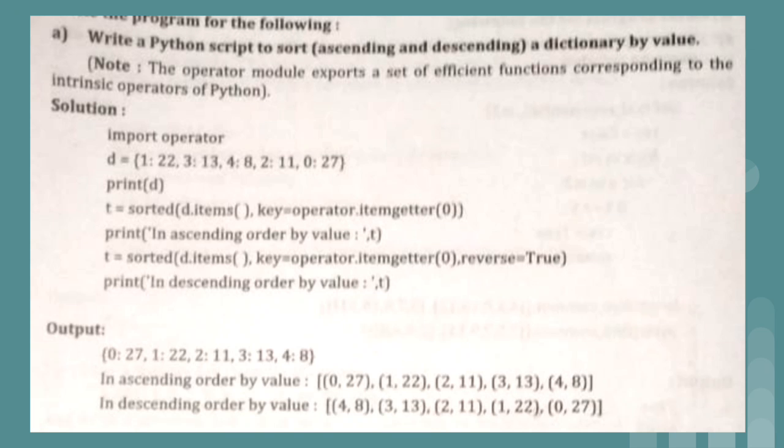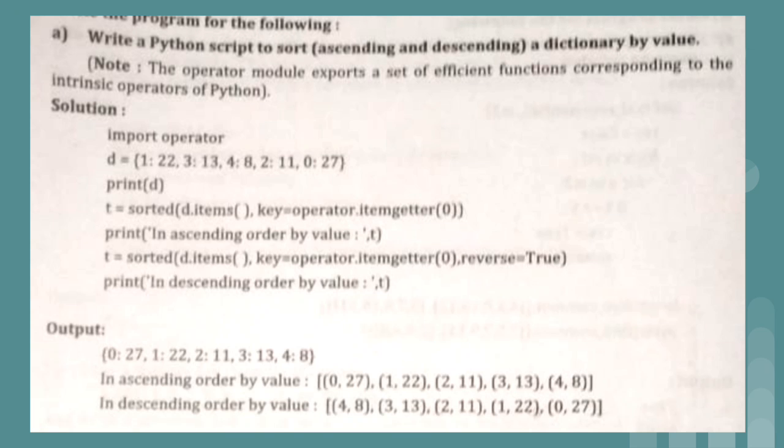Okay, which is not actually part of or given in your textbook, but this is some extra information which you will get from the net. But for this current program, as we have initialized the key as numbers, in that situation we can make use of the itemgetter method with round bracket 0. So it will give you the data or item which is present at index number 0. That is, 1 colon 22 is our pair which is present at the 0 index.